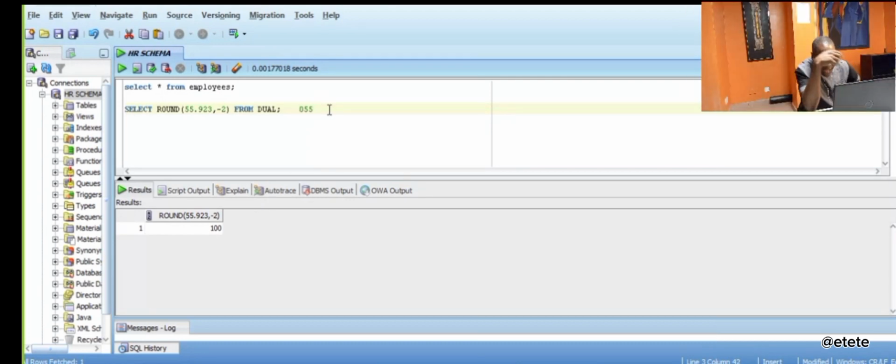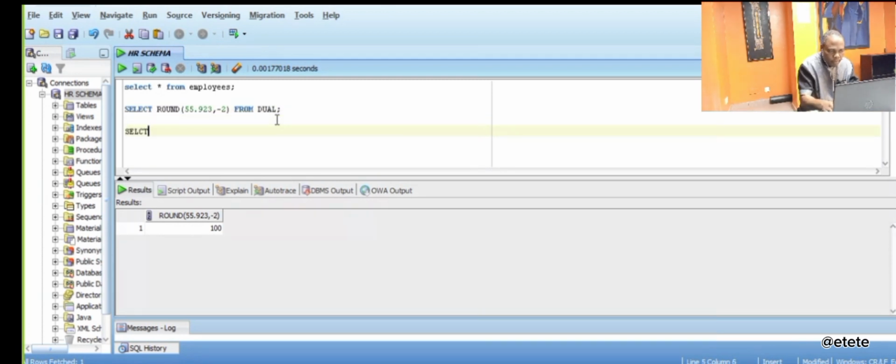So this is how this decimal mathematics is usually done. So the computer, that is how they were able to write the program for the computer to know what to do, that is doing this rounding. So that is round. We are calling a function round, and we are supplying that. Now, let's call the trunc function and see what the trunc function will do. So I'm going to say select trunc,